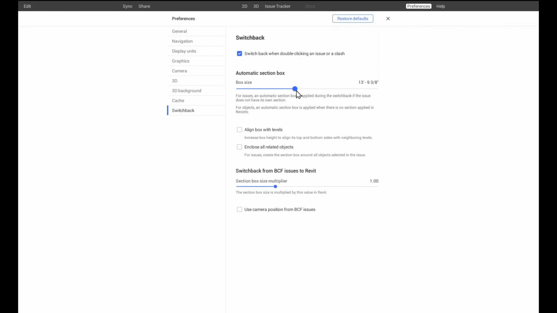If you want to make it bigger so you can see more stuff around it, you can adjust it over here. And right here it has two options. One of them is align box with the level, so increase the box height aligns to the top and bottom of that level. There's another video talking about how to set the level, from what model you want to get the levels from. And when you check this box, it makes the box big, so it's going to align with that level,